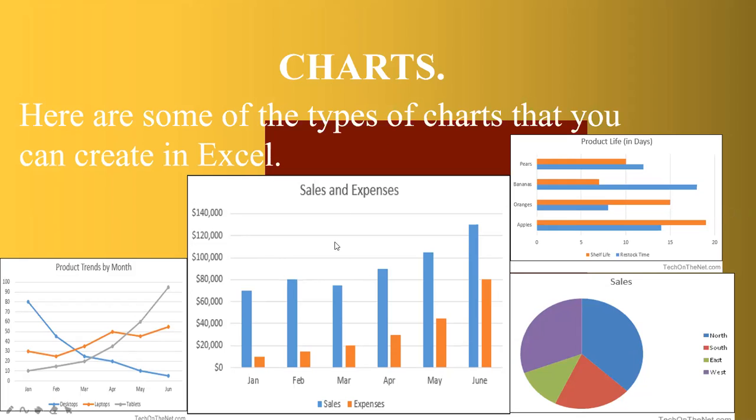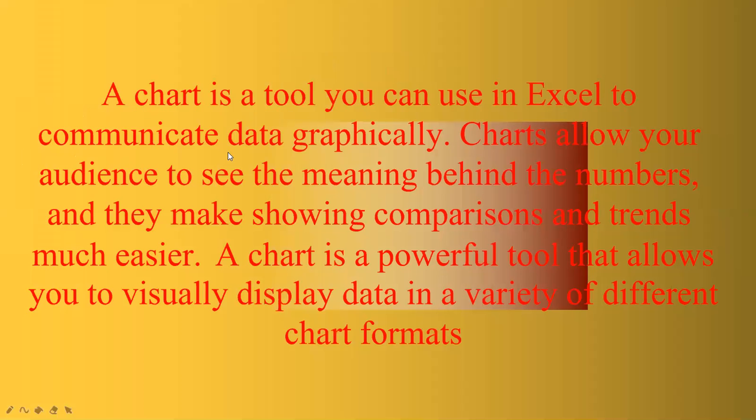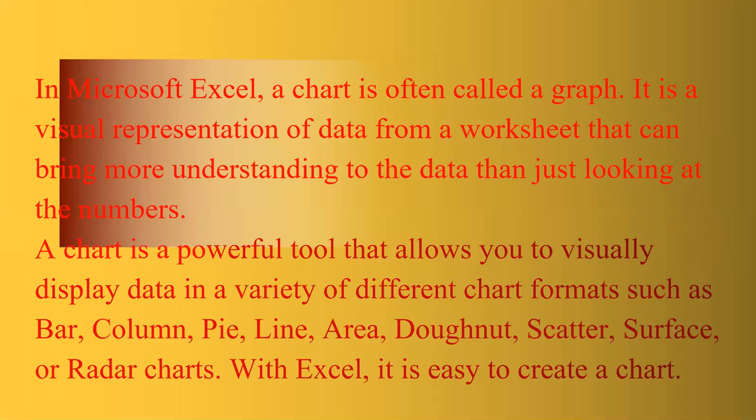In meetings it is an easy way to explain your sales and expenses very clearly, like see this chart. January the sale is here, February the sale is here. According to the month wise, the sale is given in this chart, right? A chart is often called a graph, right?